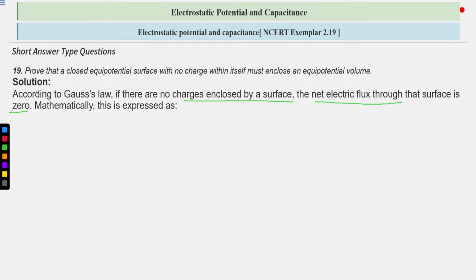Okay, so according to Gauss law, if there is no charge enclosed by a surface, then the net electric flux through that surface is 0, because electric flux according to Gauss law is equal to charge enclosed divided by epsilon naught. So if there is no charge enclosed, then electric flux will be 0, or if electric flux is 0, charge will be 0. Okay, so mathematically this is expressed as